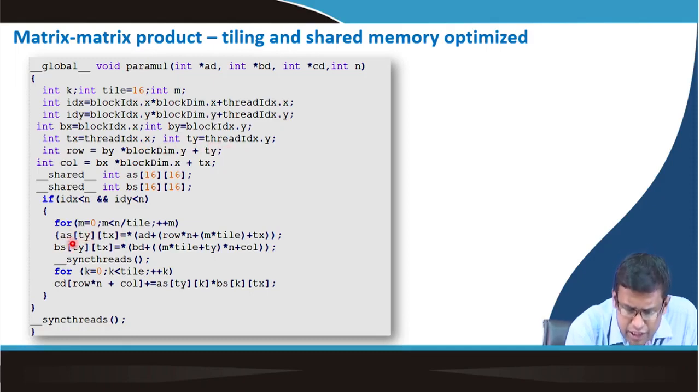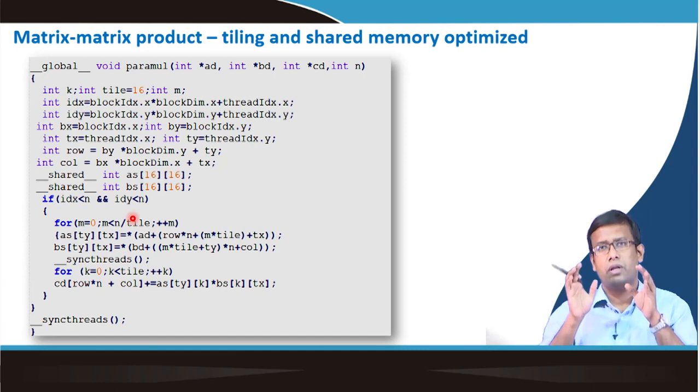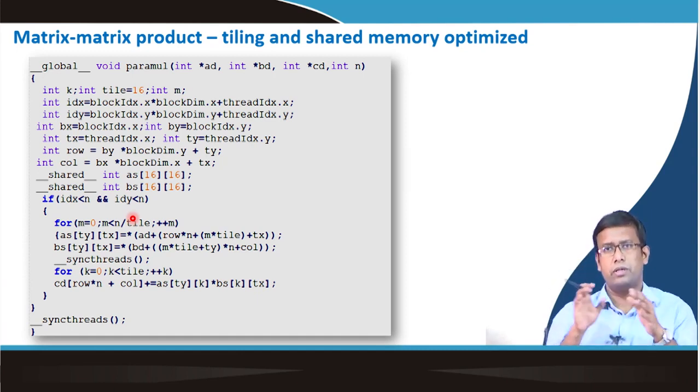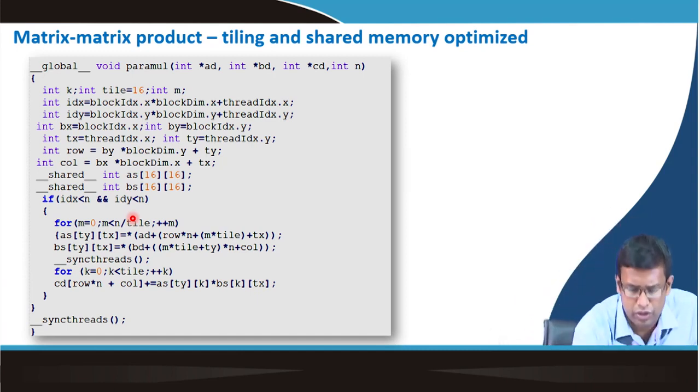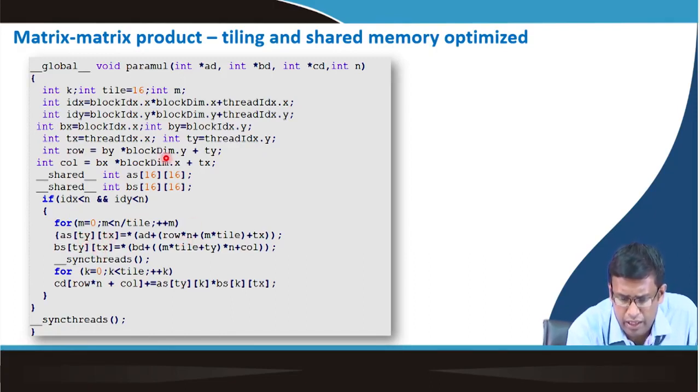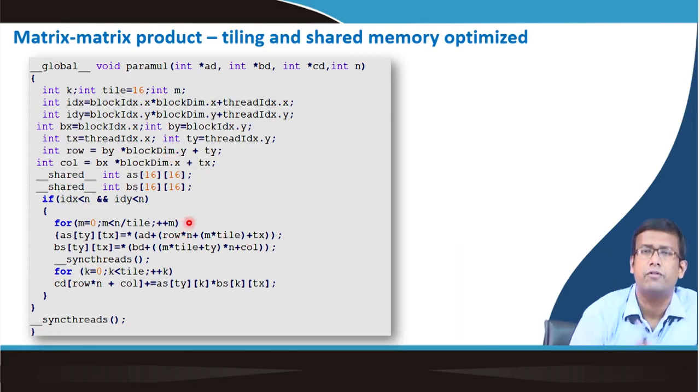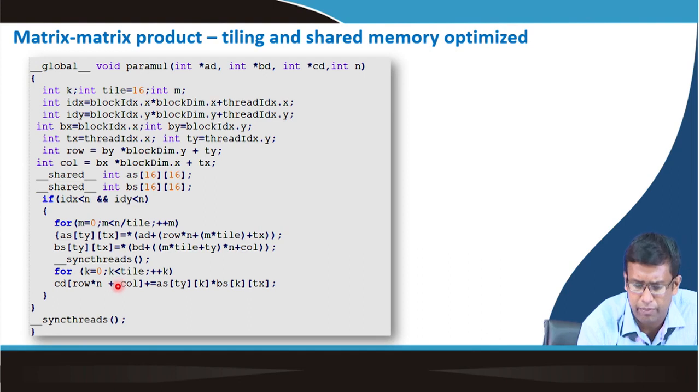This shared memory is only on a particular block; shared memory has no scope outside the block. So the shared memory variables use the local ID, and you use the global ID for fetching data from the global memory,